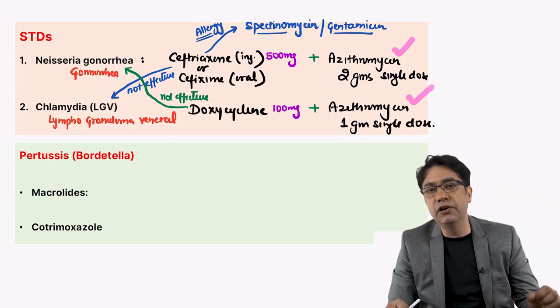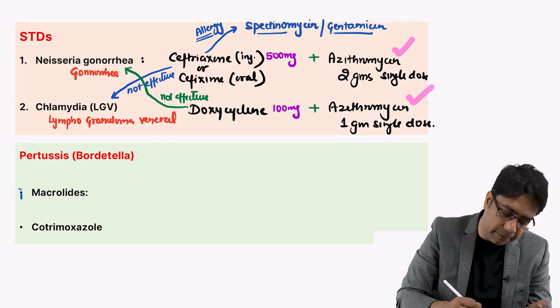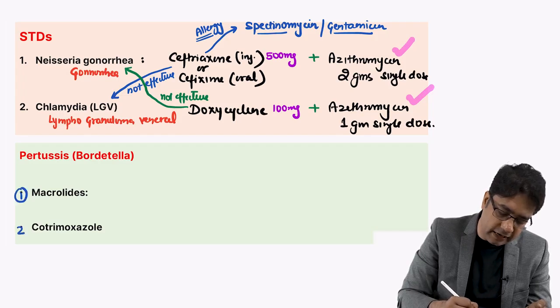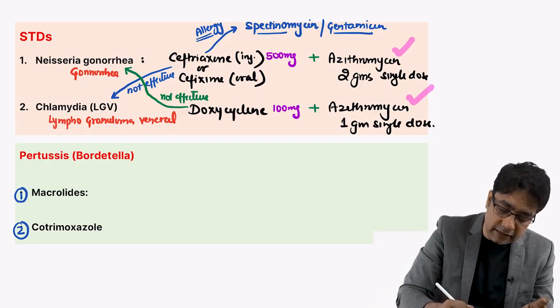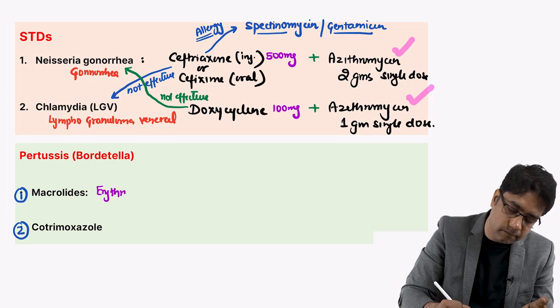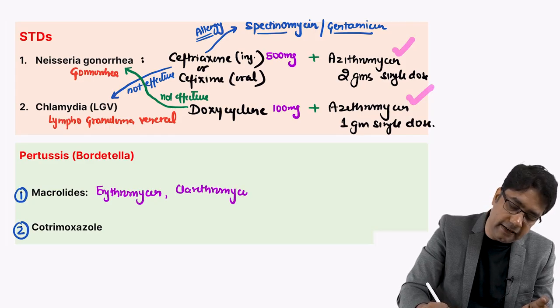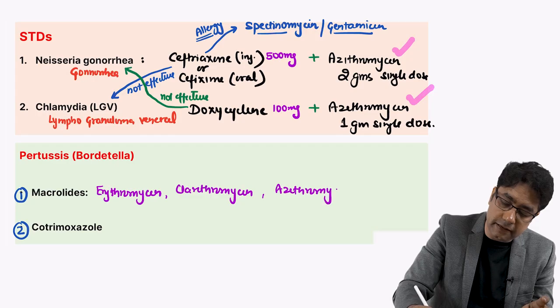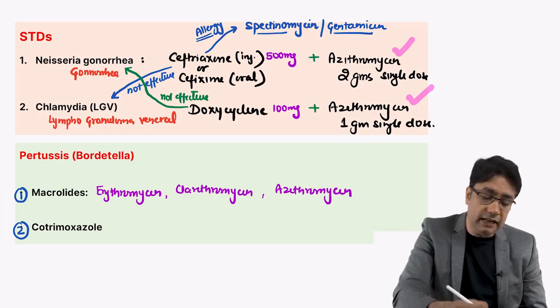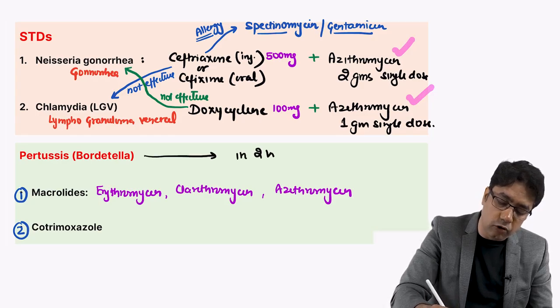Now, the next one is pertussis, Bordetella pertussis. So, 2 drugs are given for Bordetella pertussis. One is macrolide and second is cotrimoxazole. So, all macrolides can be given like erythromycin, clarithromycin and azithromycin. But recently one question came, that if Bordetella pertussis occurs in a 2-week-old neonate,